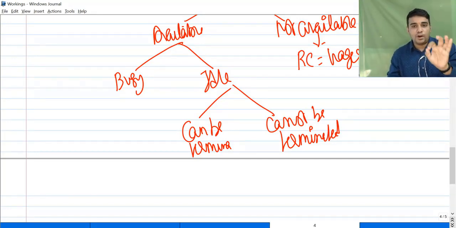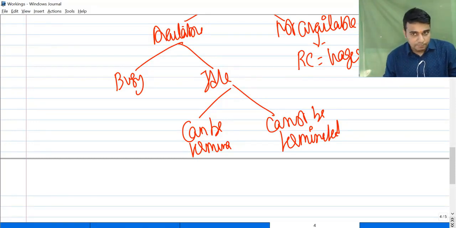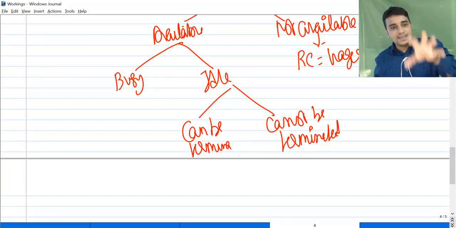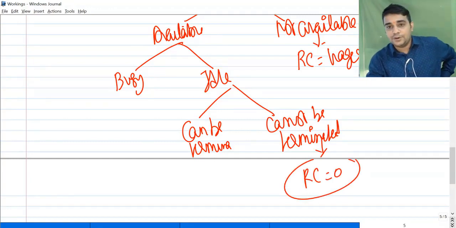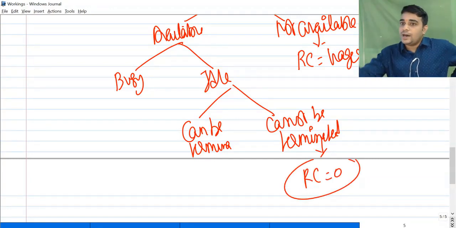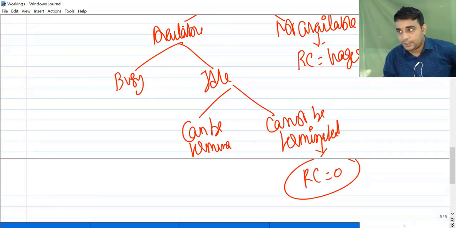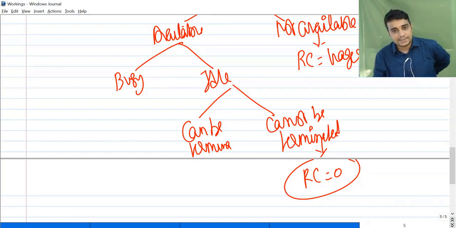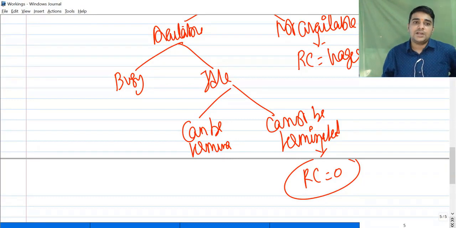If an employee cannot be terminated and he is there in the factory, relevant cost is 0. Because what you are doing is, in a yes scenario, when you do the project, you will tell the employee to work on the project and pay him salary. In a no scenario, you will tell the employee to remain idle and pay salary, because you cannot terminate him. Unfortunately, the termination option is not there.